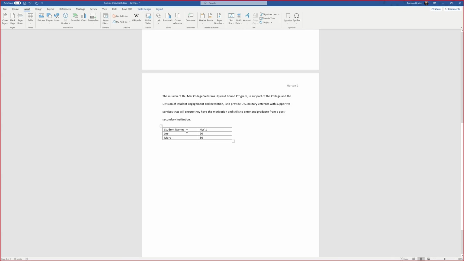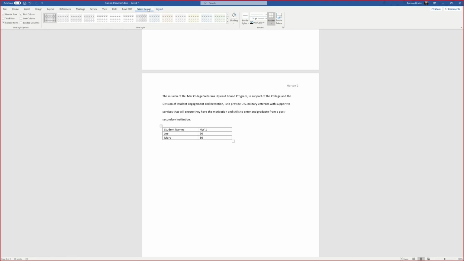Alright, one other thing you might want to do with a table is change the borders. So if we click on our table, you'll notice at the top here in the ribbon, we've got a couple of new options. One of them is table design and one of them is layout. Now we want to look at table design. There's a lot of stuff here, but I want to just briefly mention table styles. This allows you to quickly select a style for your table if you don't want to go through and manually